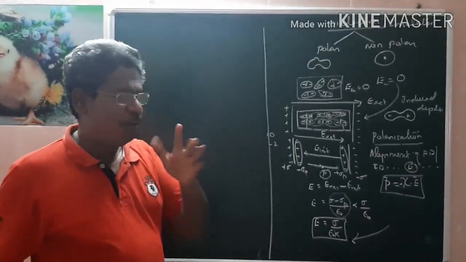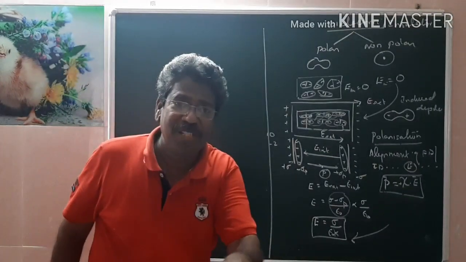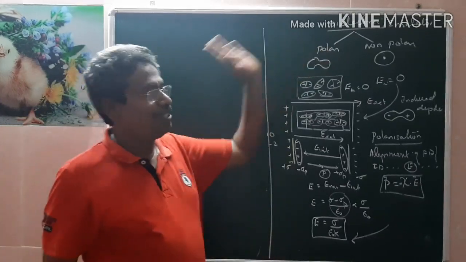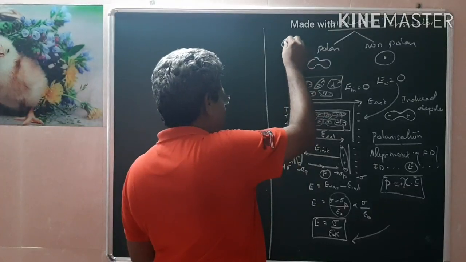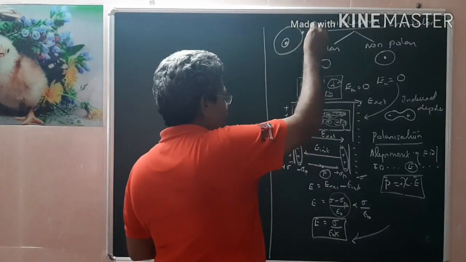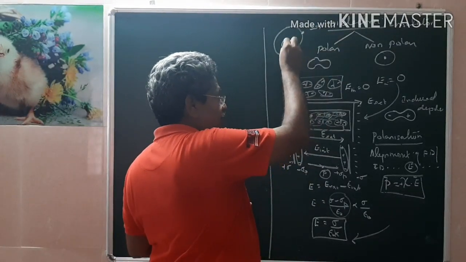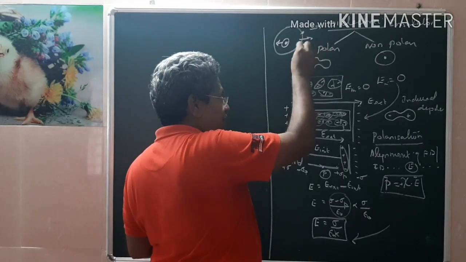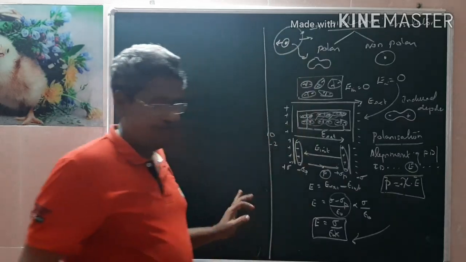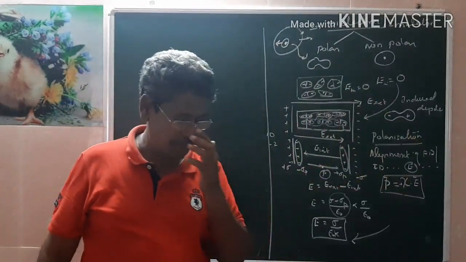Suppose I want to know what situation will occur in the case of a good conductor. First, this is a bad conductor. A bad conductor means all the electrons are tightly bound to the nucleus. These electrons cannot be removed. Even if you subject it to an electric field, the positive charge will be slightly displaced here and the electron cloud will be slightly displaced there, and it will form a dipole. Yes, these are all the concepts regarding dielectrics.